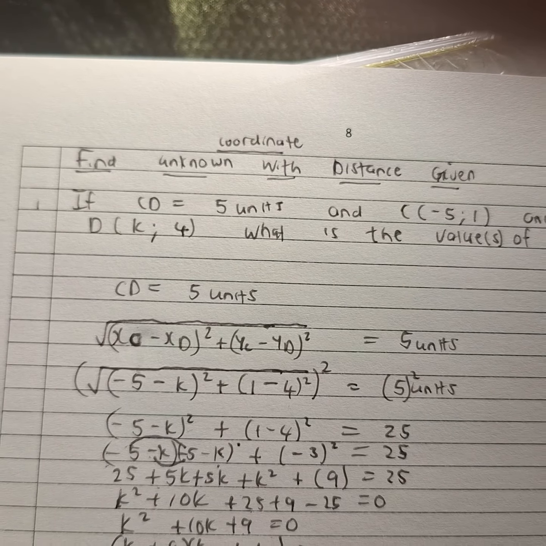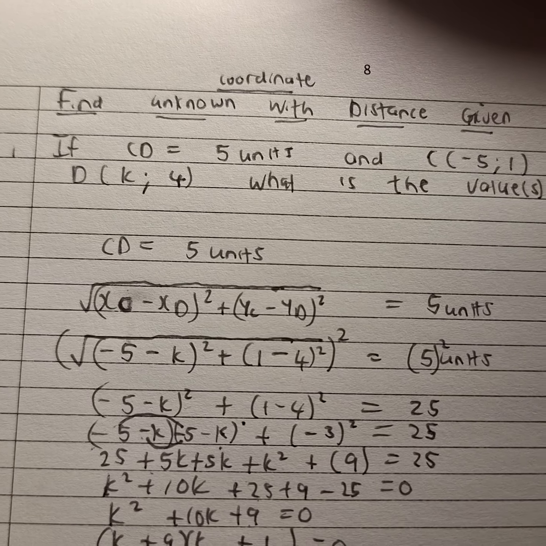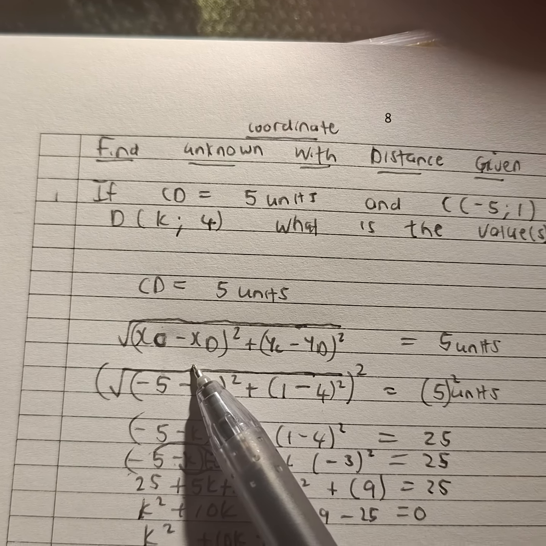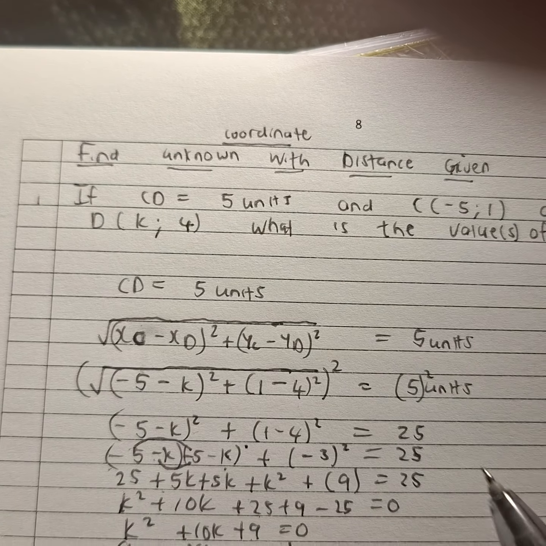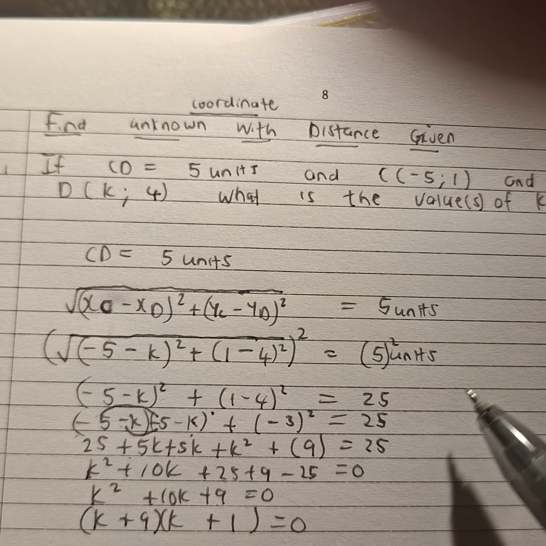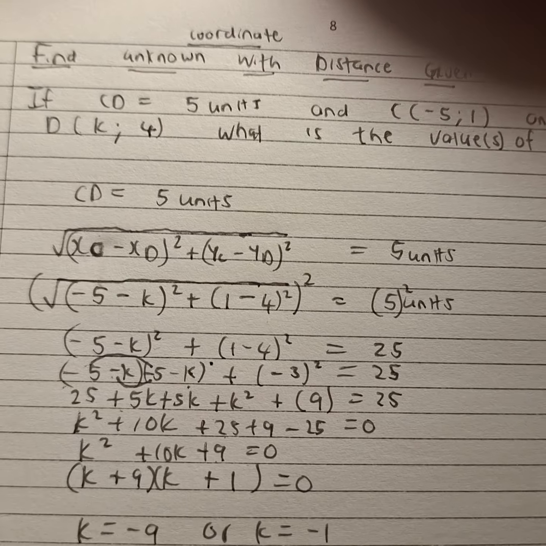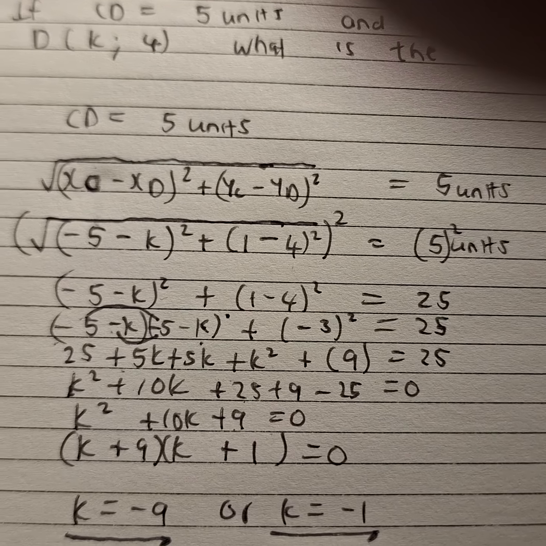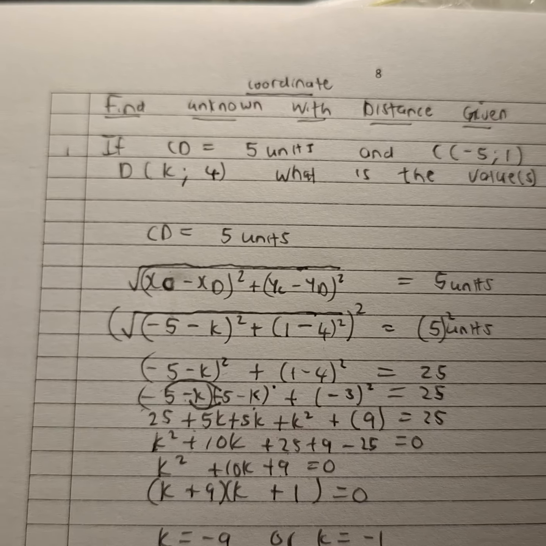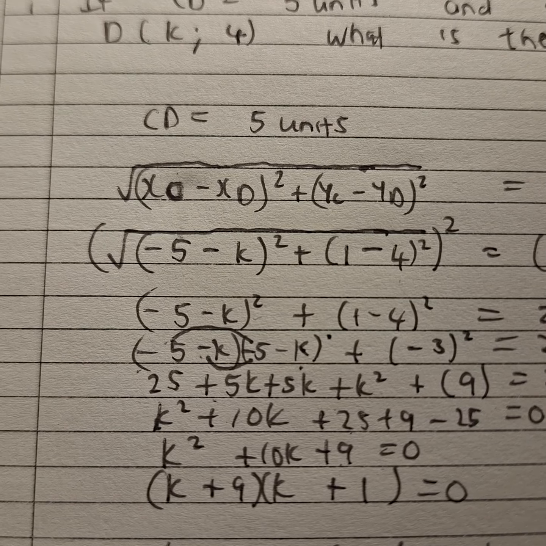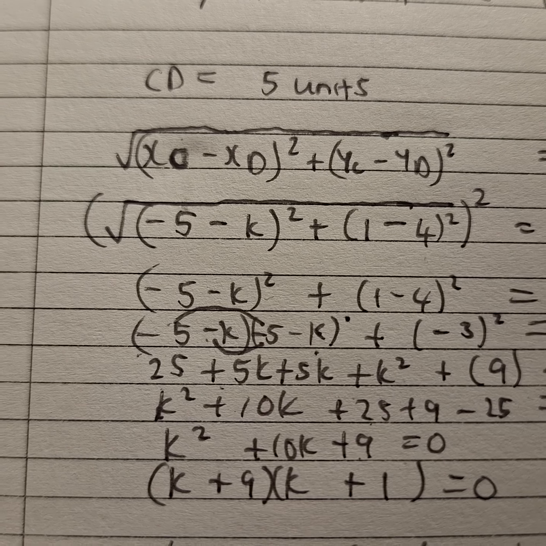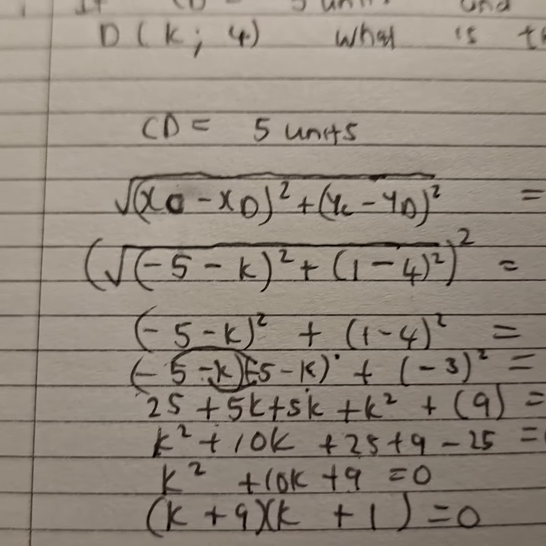Then we square both sides. Why do we square both sides? To get rid of the square root. But what we do on the left of an equation, we do on the right. So 5 squared is 25. The units, guys, don't necessarily have to feature now because we want to solve for the unknown. Then on the left, we have negative 5 minus k in brackets, the whole thing squared. That means we open two brackets of negative 5 minus k. We then FOIL,